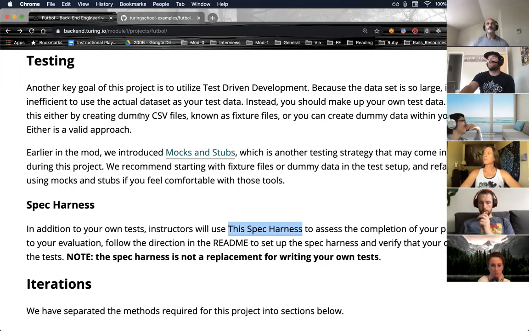So it's a way for you to test to see if you've built your methods in a way that actually does the intended functionality. So that's something we can use as a way to make sure we're doing it right? Exactly, yeah, for each method.